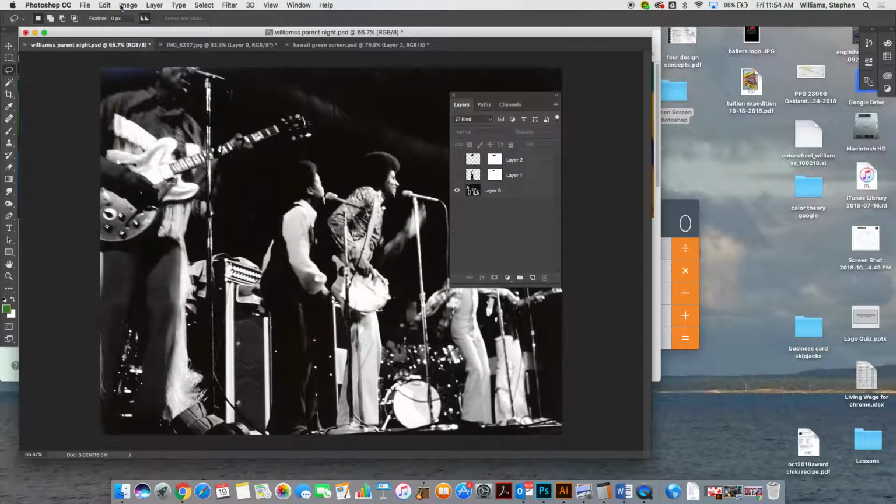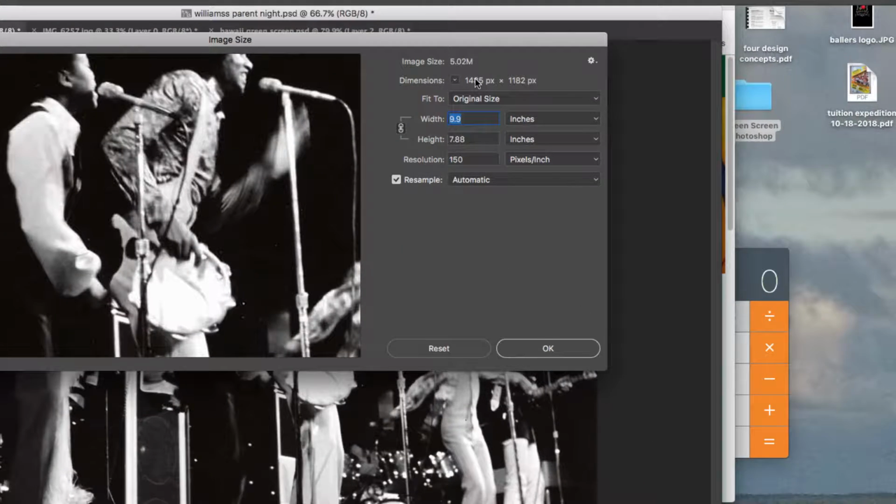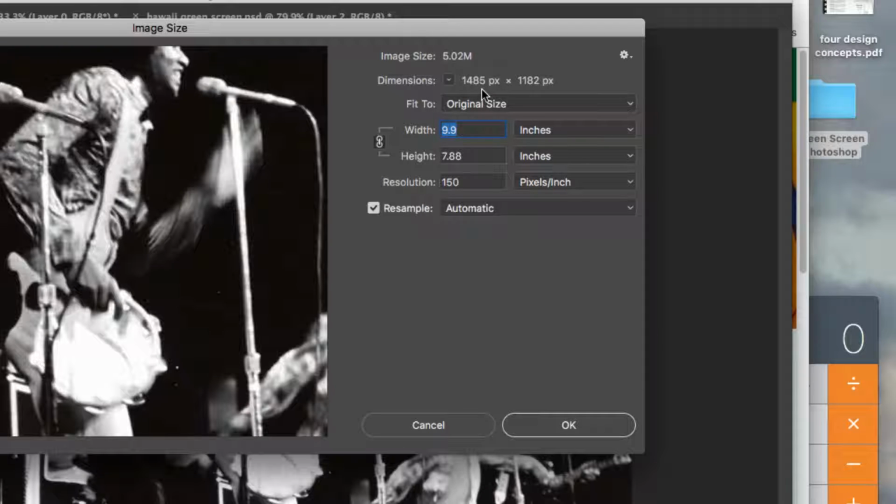So I'm going to go to Image, Canvas size, or Image size. And this tells me up here that this is 1485 by 1182. So I want to make sure that my image isn't much bigger or much smaller. Also, your specification is this is right around 10 inches wide by somewhere around 7 inches tall at 150 pixels